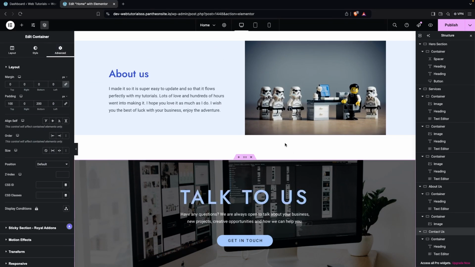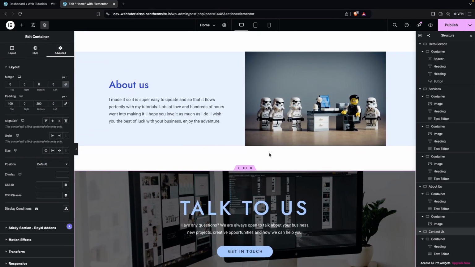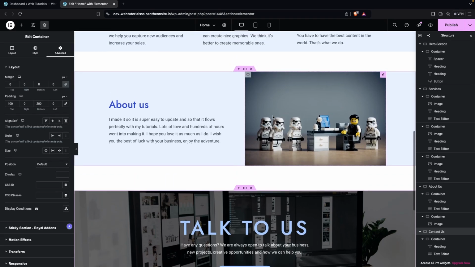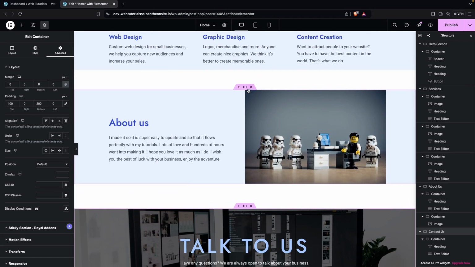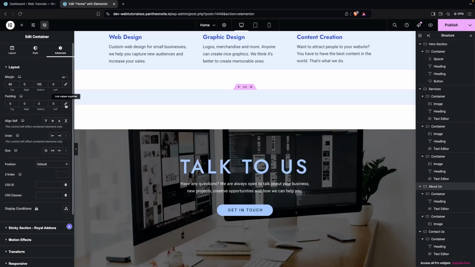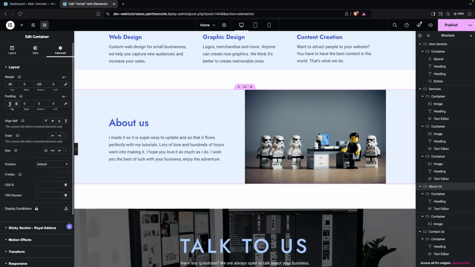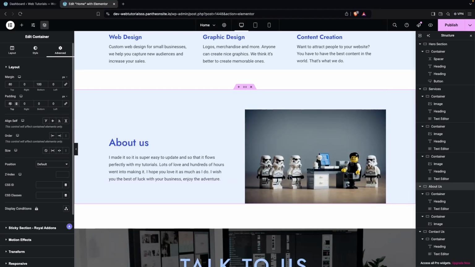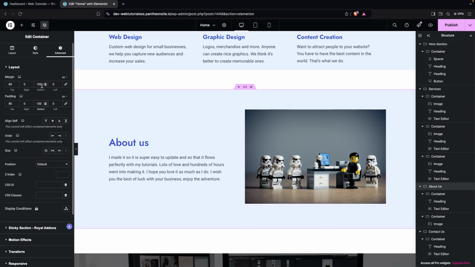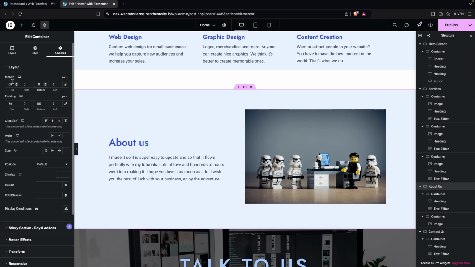Okay, so as you can see here that we are having this white space here, and I don't want to have this white space. So how can we change this? We're going to actually go here into our About Us section, and as you can see here, we're actually having the margin values. So what we're going to do, we're going to change this from the margin values to the padding values. So this would be 80 here, and this would be 100 here in the bottom, and we're going to remove the value from the margin. Okay, so also from this one,